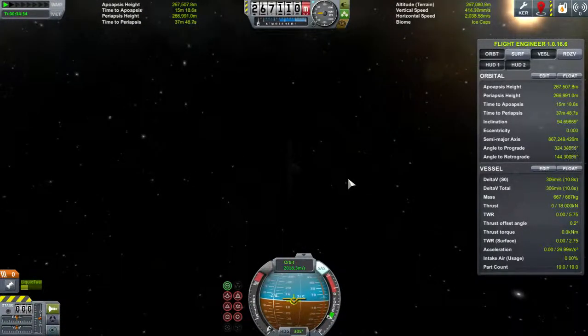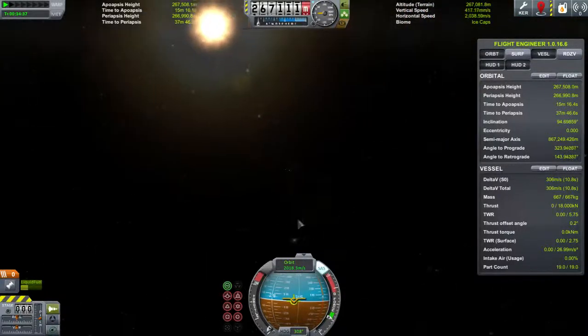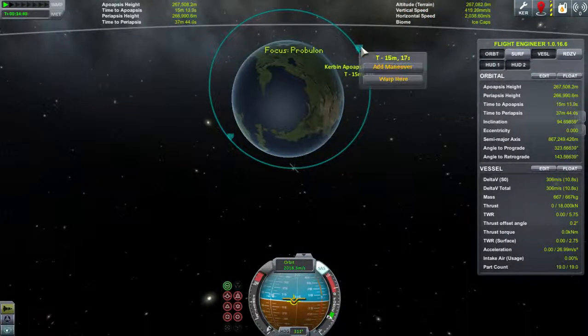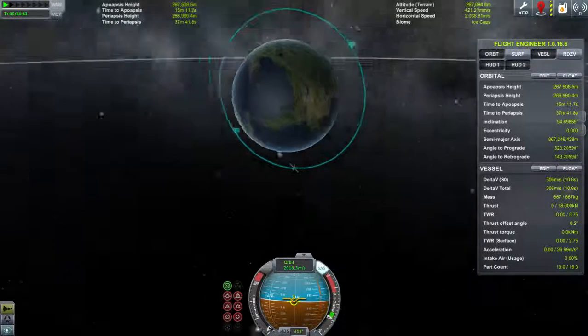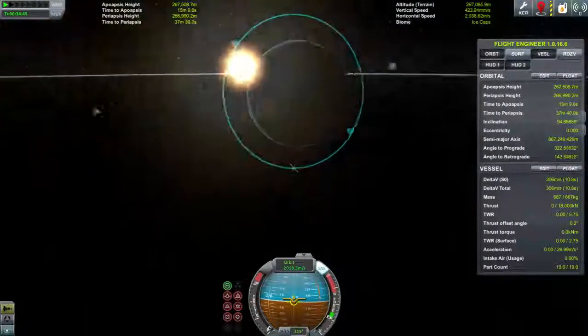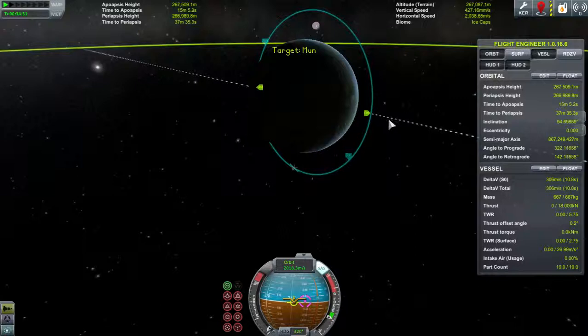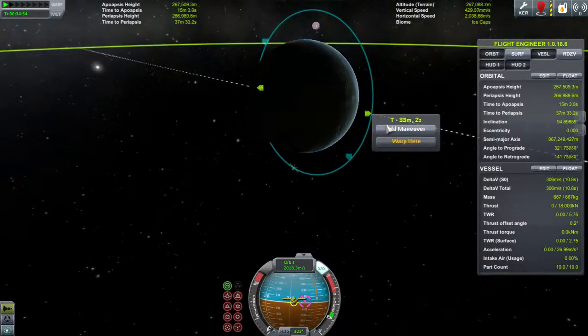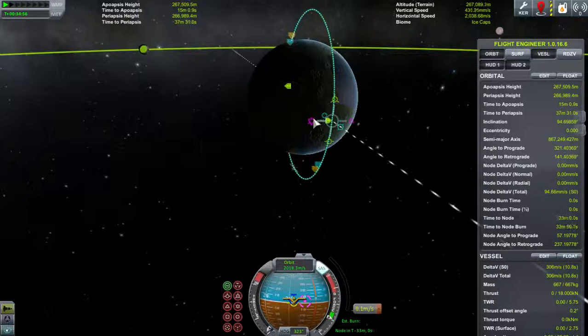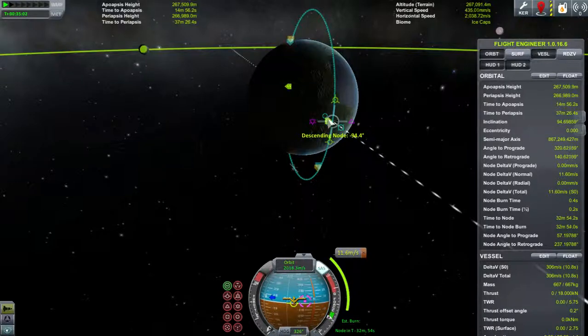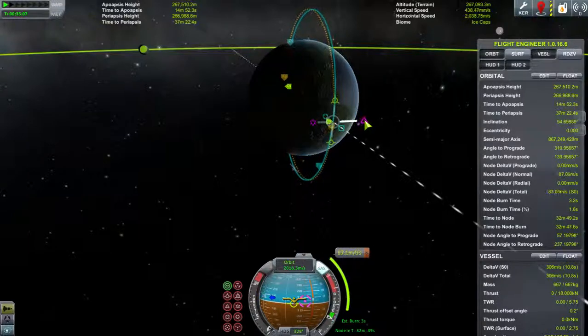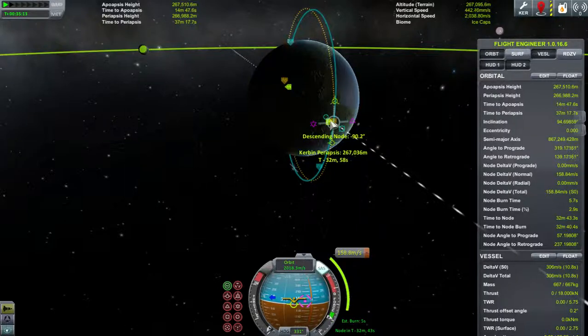Now that we're in a circular orbit, we have another issue we want to deal with. That issue is, how do we get this guy aligned? Well, one way you can do it is you can set this guy here and you can do the descending node, and the further out you are, the better. We just want to push that in as much as we can. So the descending node, in this case,